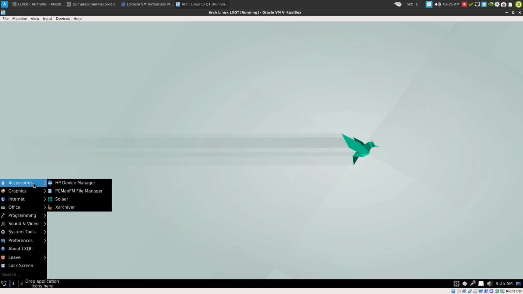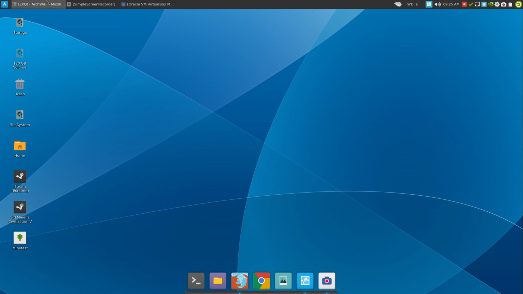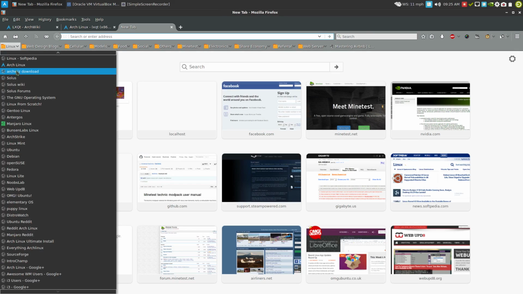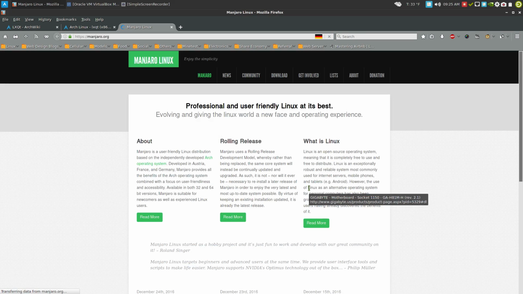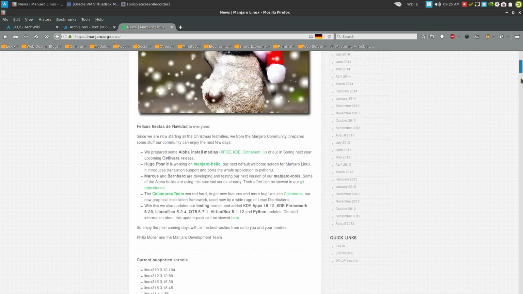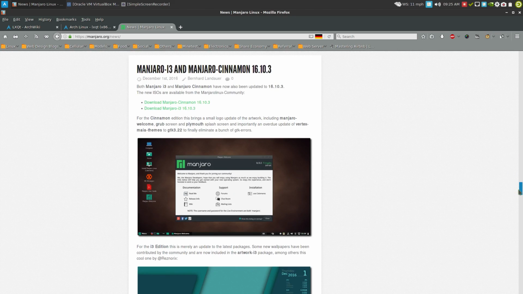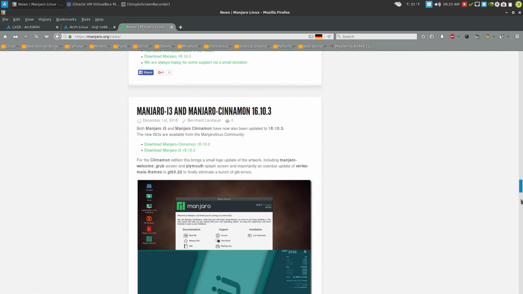Manjaro Linux has one for LXQT. If you go on their website under the community section, they do have one. But let me just shut down real quick. And that's LXQT, folks. Let me show you the Manjaro version. They have a pretty good LXQT version out there that I highly recommend. So if you want to try LXQT with some of the bloatware,